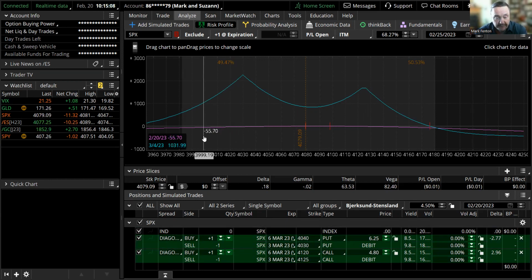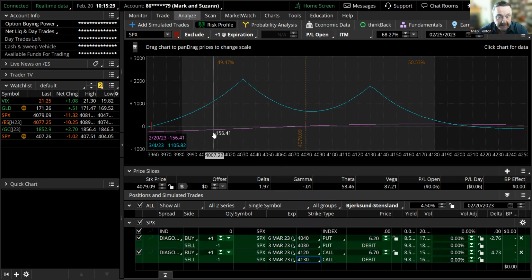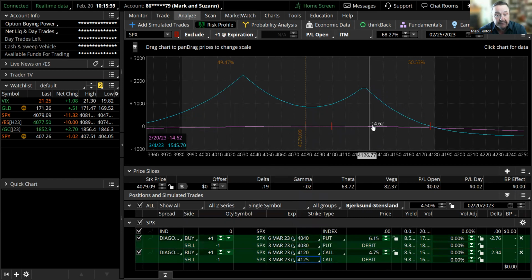I want you to look at this. When I move this mouse around, it tells me how much I'm up or down just for today if it moves a certain point. So if I put this on and we move down to the 4,000 area today, I'd be down about $54. But if I was 10 points wide on the call side, look what happens. I am down 3 times that, basically. So in order to keep the whole thing smooth in both directions, on the call side, I only go 5 points wide. And now you can see much smoother,